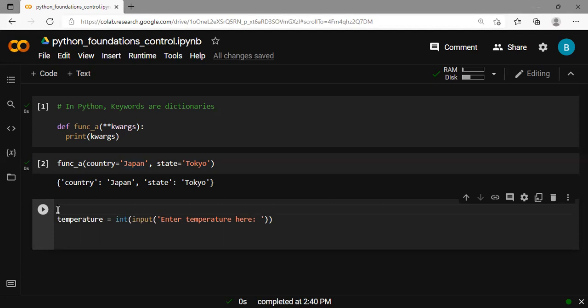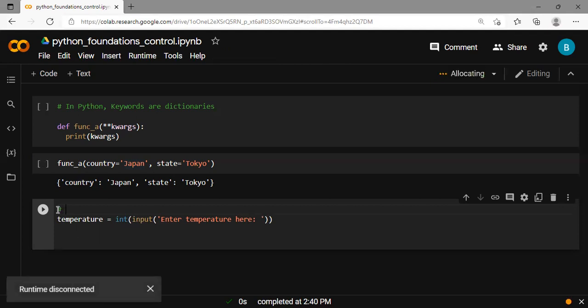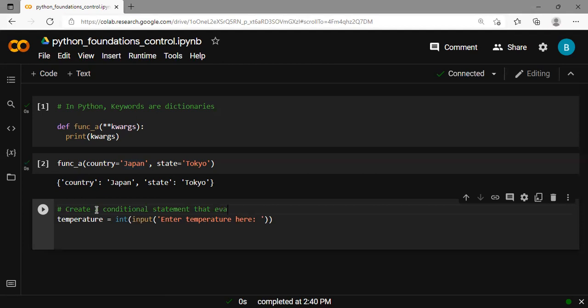And the thing is this, Python usually, when it comes to all of this, adopts a minimalist approach, like less is more. There is really nothing you can do with your switch that you can do with if. Sometimes simplicity just works. So let me put a comment here to let us know what we are trying to do. We are trying to create a conditional statement that evaluates